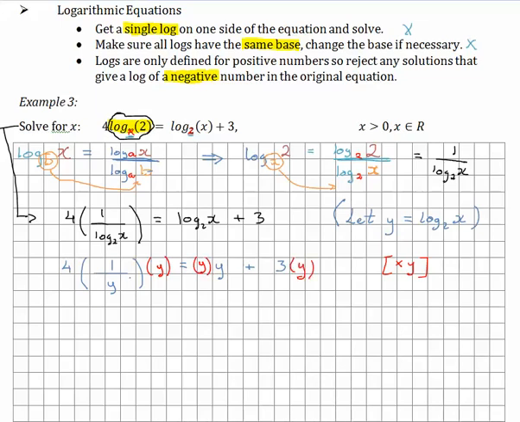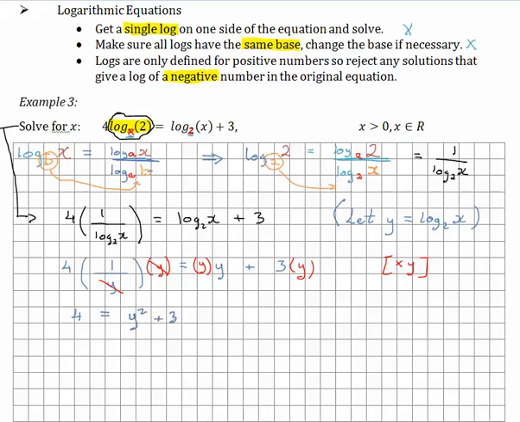Okay, so all of this gets multiplied by y. The y gets multiplied by y on the right, and the 3 gets multiplied by y. We see a cancellation at 1 over y times y. That's going to cancel, same as a half times 2 would be 1. And what's left behind would be 4 times 1, which is just 4,